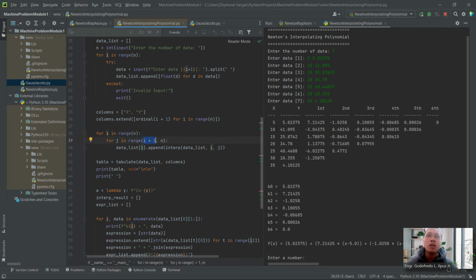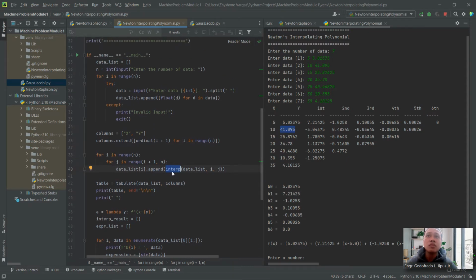For example, we have 5 and 10, or here for y. That's why it's added by 1. Then those lists are then appended, but before it is being appended,